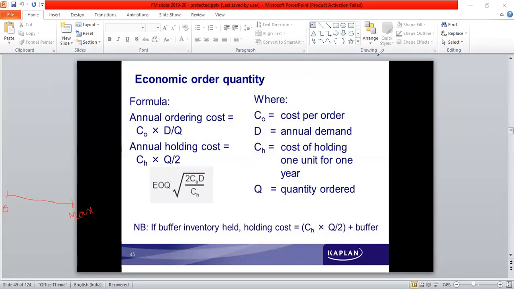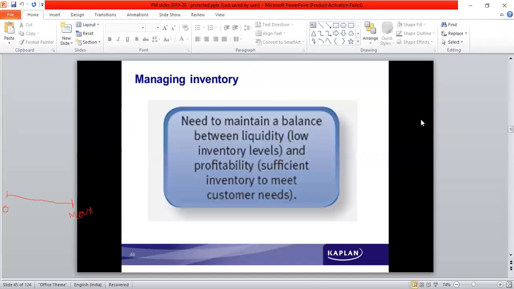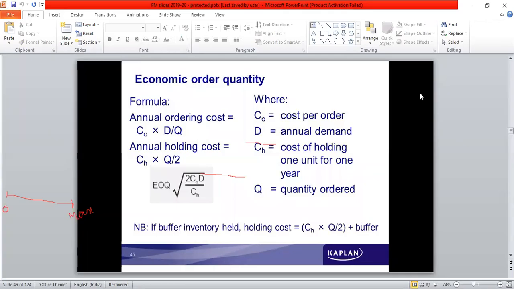Now here we are considering a balance to be maintained between the liquidity aspect and the profitability aspect. In terms of liquidity and profitability, if they invest too much into inventory, it is a problem for them to get it converted into cash. So liquidity gets affected. If they invest too little in inventory, that again is a problem because only when inventory is available, production can be taken up and then sales can be made. So now how much should be invested into inventory is a criteria.